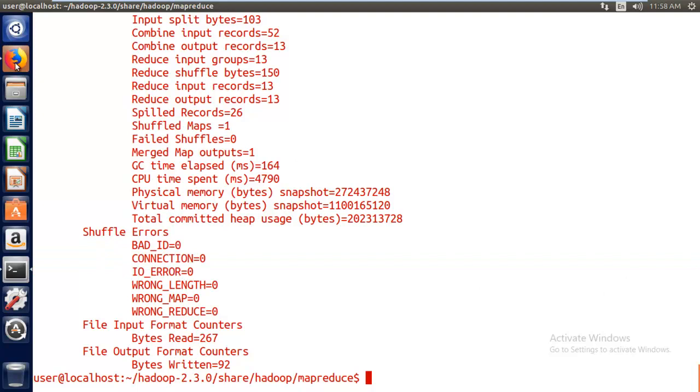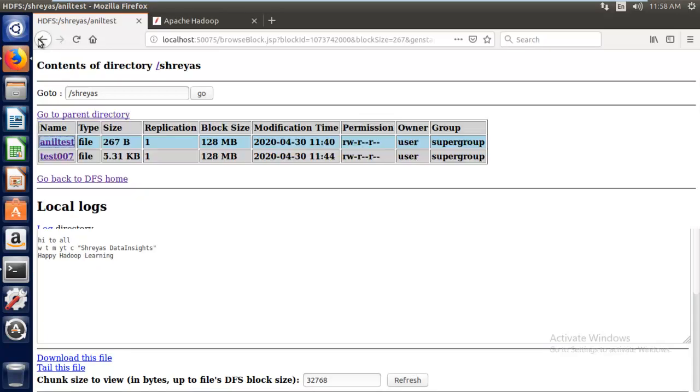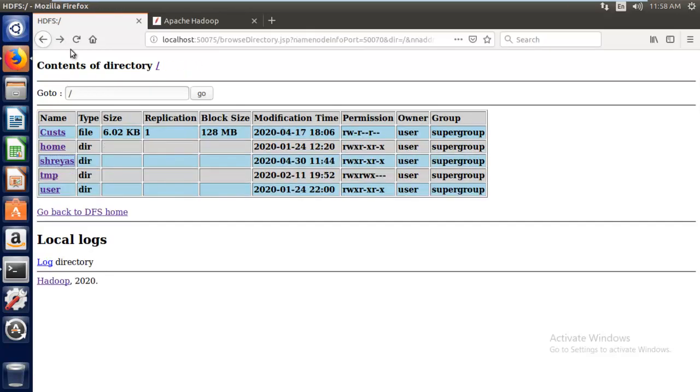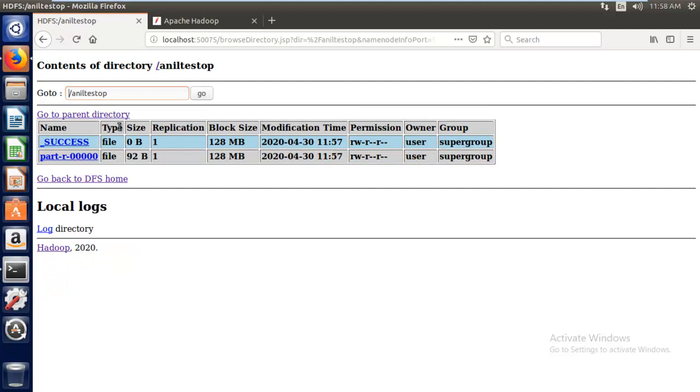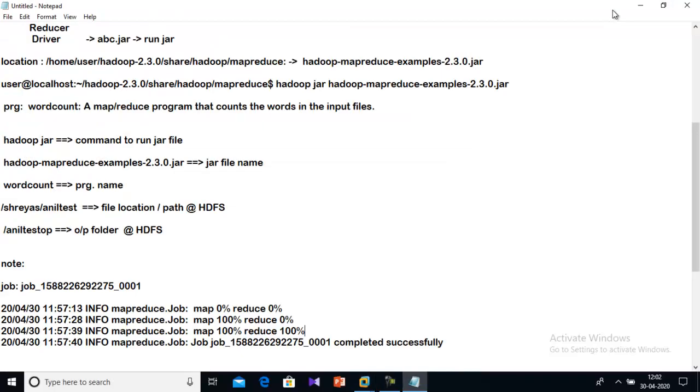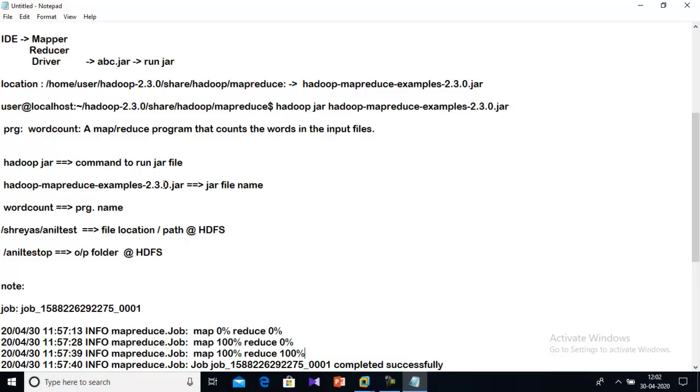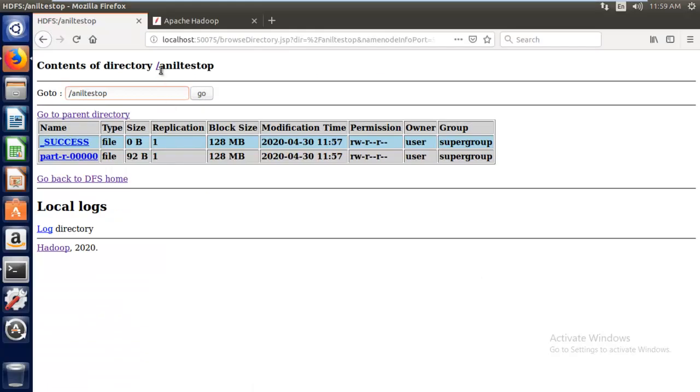Either you can directly go and visit the output, because we said the output has to be in the HDFS only, right? Just refresh. Look at this, an output folder is created with Anil test OP, what we gave in our command itself. In the command you can see this very clearly, right? Here I gave the output folder, and this is the same thing it created.